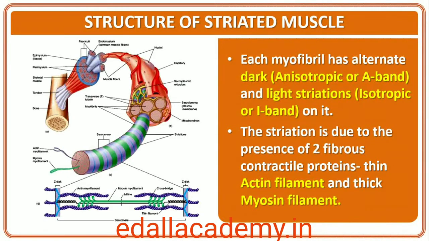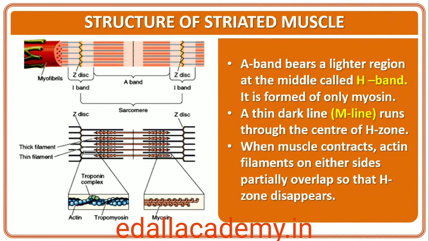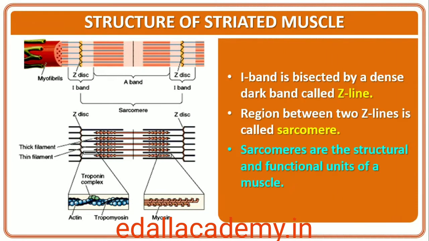The light bands contain actin and is called I-band or isotropic band, whereas the dark band called A or anisotropic band contains myosin. Both the proteins are arranged as rod-like structures, parallel to each other and also to the longitudinal axis of the myofibrils. Actin filaments are thinner as compared to the myosin filaments, hence are commonly called thin and thick filaments respectively. In the center of each I-band is an elastic fiber called Z-line which bisects it. The thin filaments are firmly attached to the Z-line.